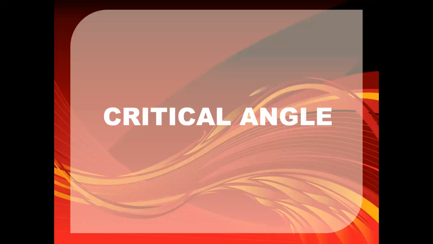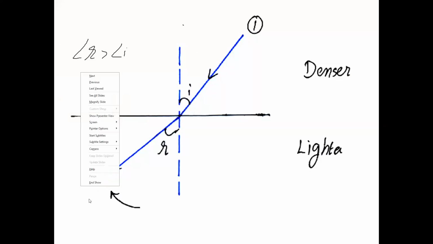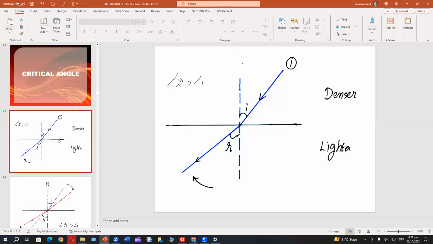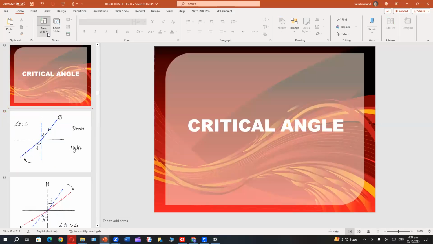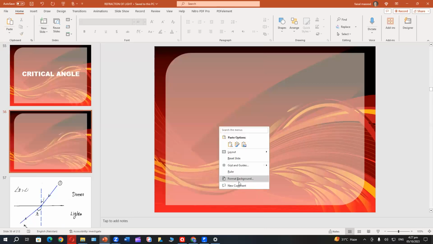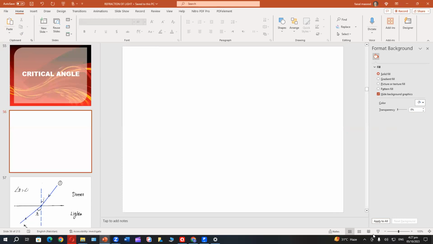Give the heading critical angle. Now, consider a ray of light which is traveling from denser to lighter. So, give the heading critical angle and write under it